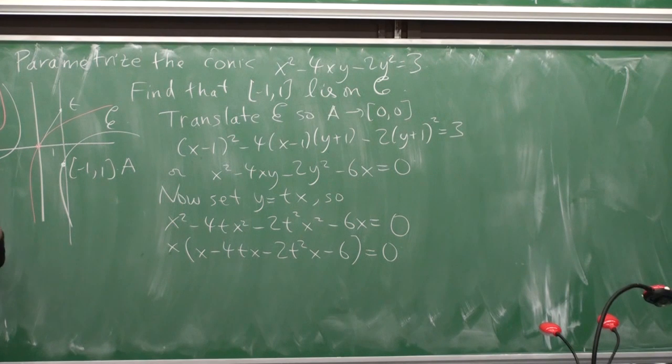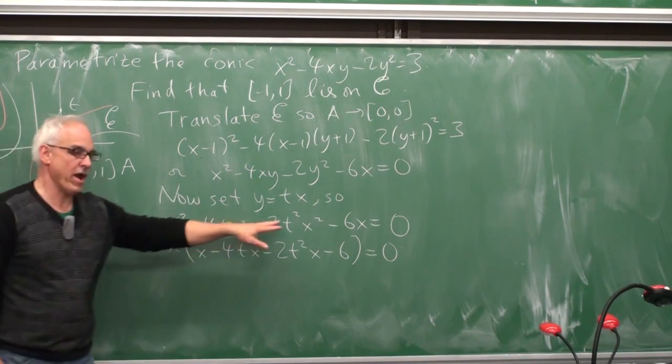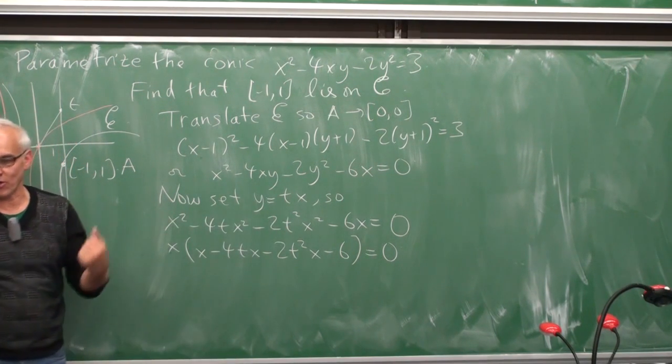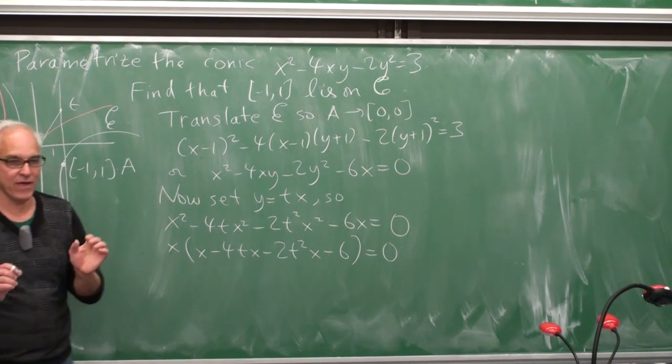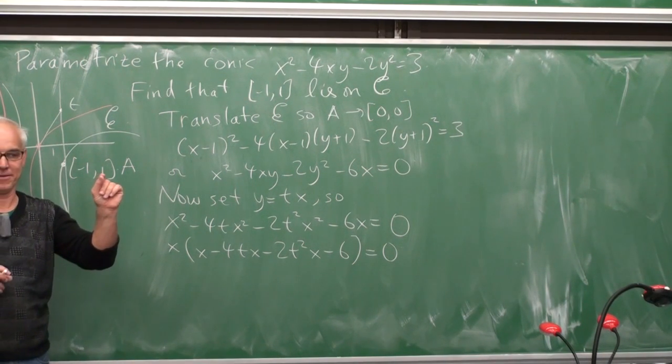There's already one point on the conic that we know. There's one solution already that we know. So there's no need to use a quadratic equation. Quite a few people had some equation, but it's going to be quadratic, and then they said, well, we're going to use the quadratic equation. You don't want to do that. You want to observe that there are two solutions and you know one of them already.